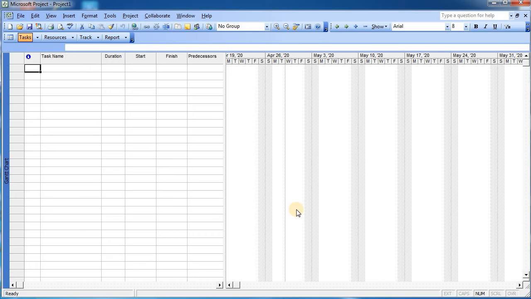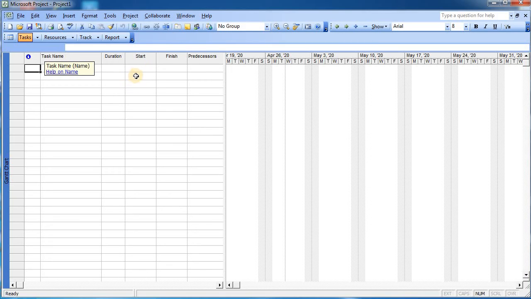So we have created the work breakdown structure code. We have defined work breakdown structure code. Now in this particular window you can see over here it is consisting of I, that means it is the indicator. It is the name of task, that means the name of the activity, the duration that will be required for the activity, starting time of activity.